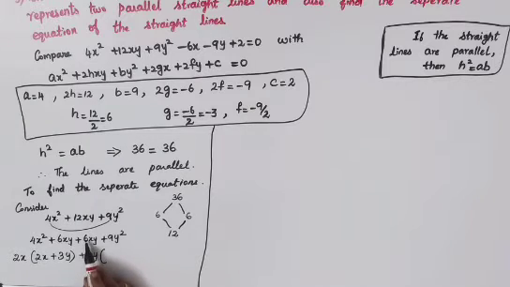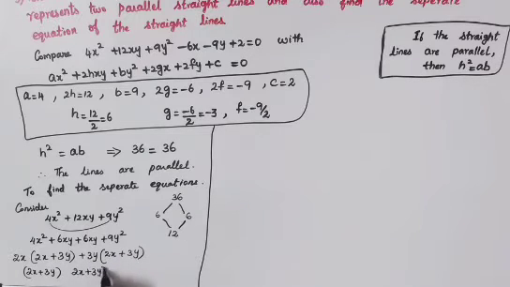So the left out terms will be 2x here, plus here 3y. Once you finish up, just check that both the terms inside the bracket should be the same. If it is the same, what you have done is correct. Now commonly I'll just remove this 2x plus 3y out. So here 2x will be left out and here 3y will be left out.